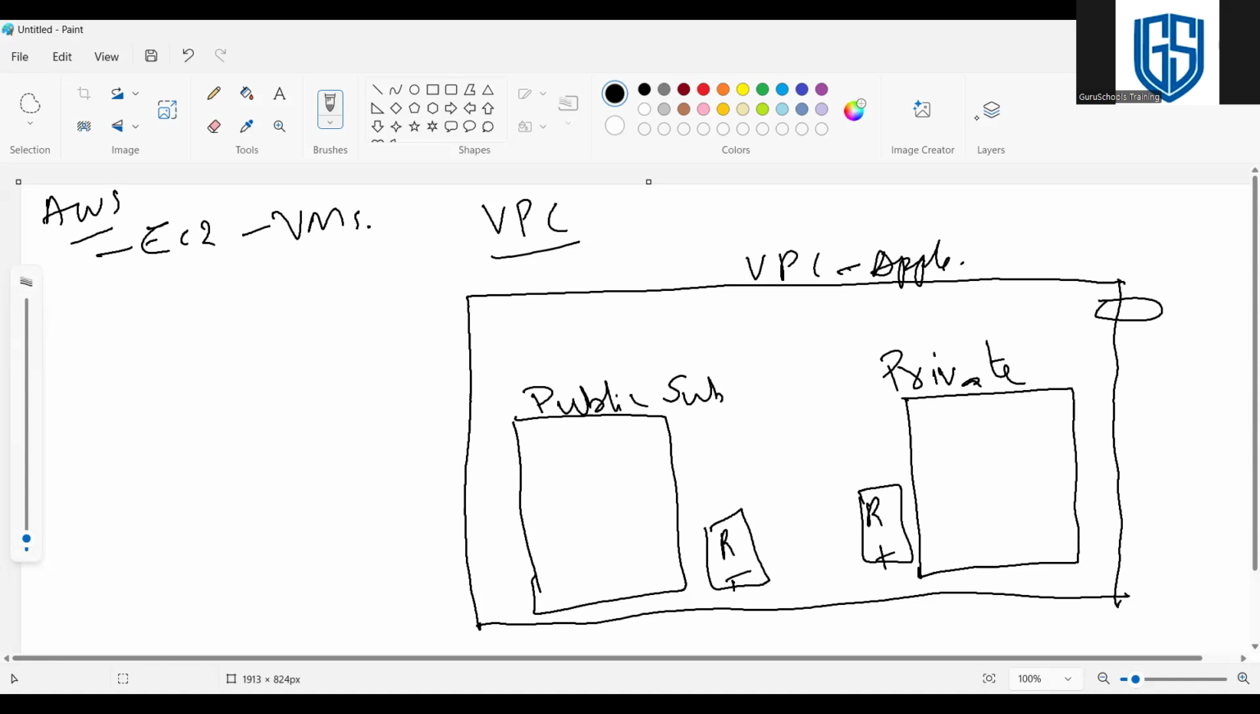So now we are going to configure EC2 from scratch and deploy it to this public subnet, okay, as a VM. Then we will take a remote connection from our local machine to